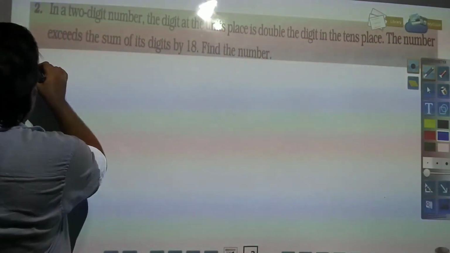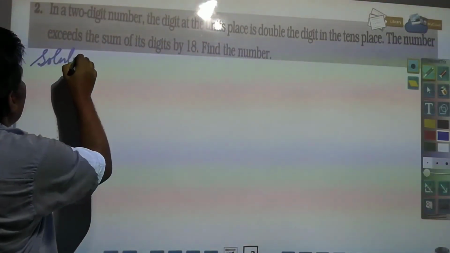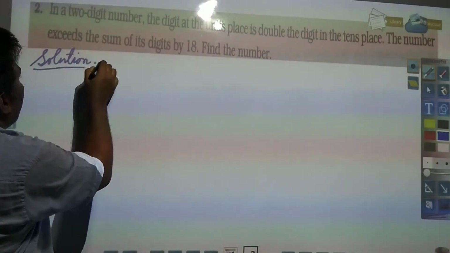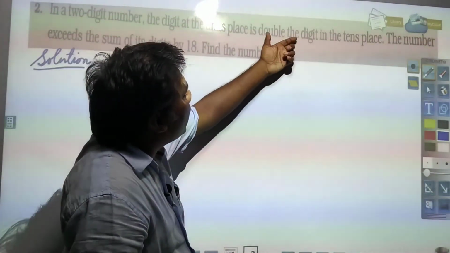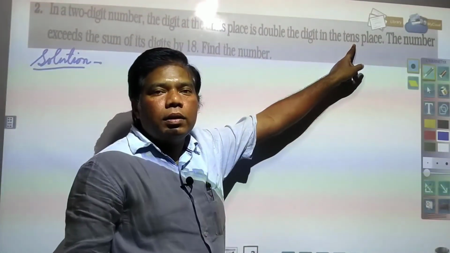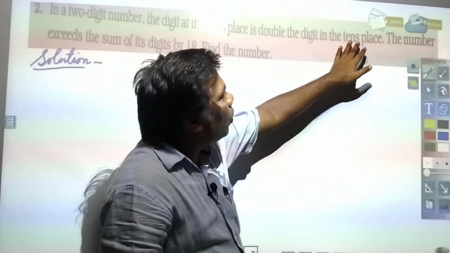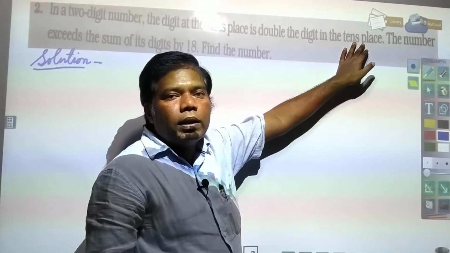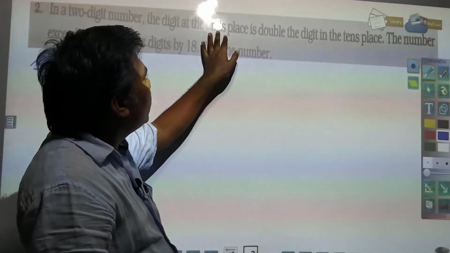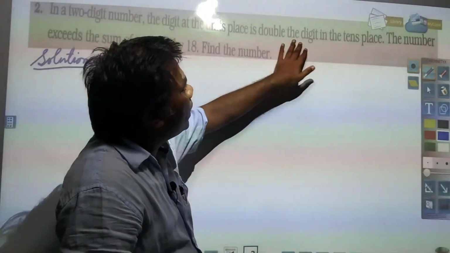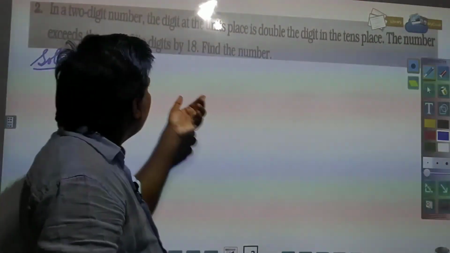So again the same thing is required to be done. You need to assume. Here it has been given units place is double the digit in the tens place. So if you know what value is in the tens place, you will know what will be in the units place, because it has been given the units place digit is double the digit in the tens place. So we need to assume,